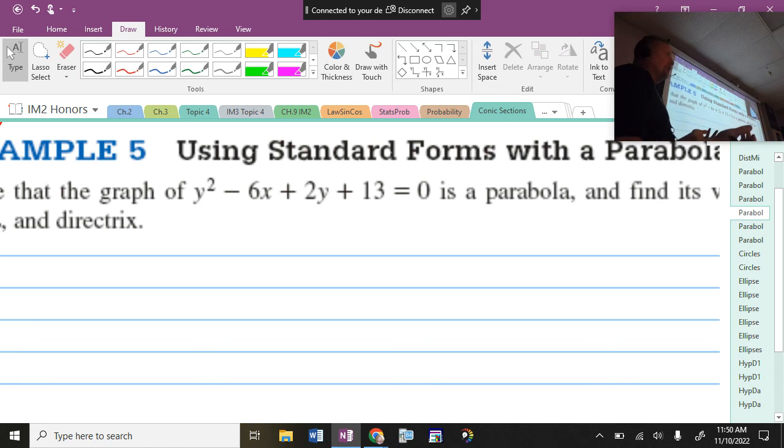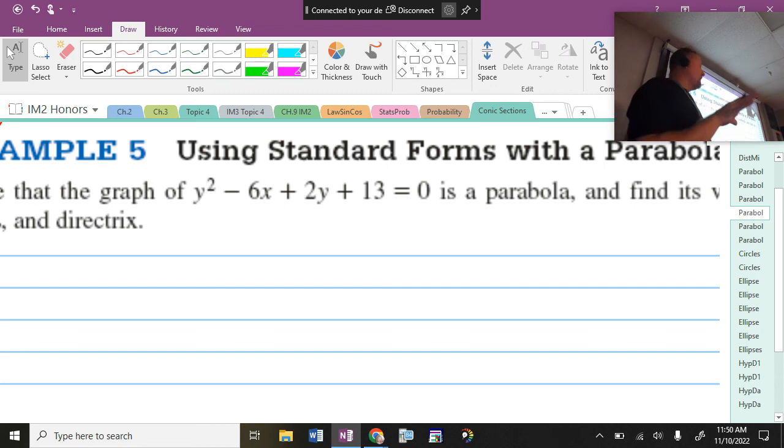What is the squared variable and the only one that you see in there? Which one? 3, 2, 1, go. Who's y squared? Is that up, down, or right, left? 3, 2, 1, go. Right, left. Okay, so you should know right away that this is a right-lefter because there's only a y squared, and this